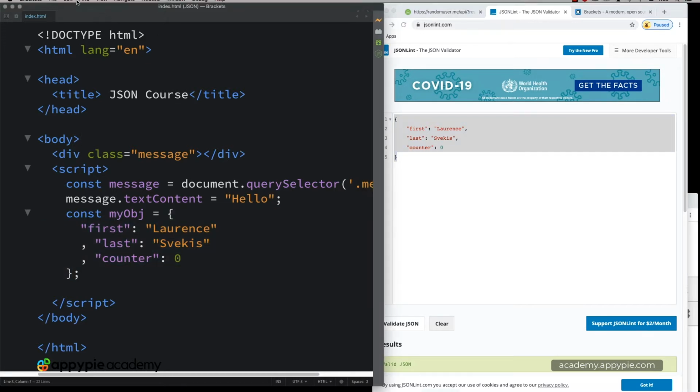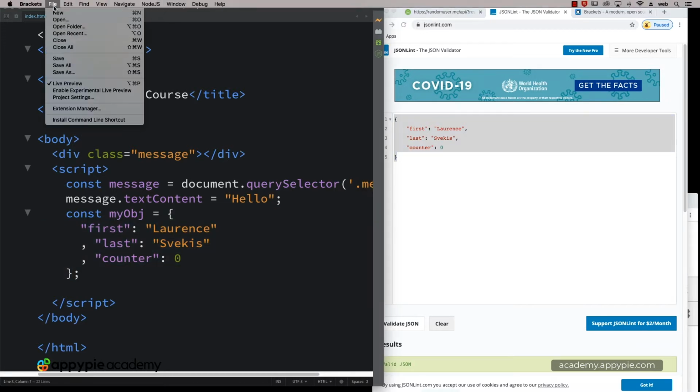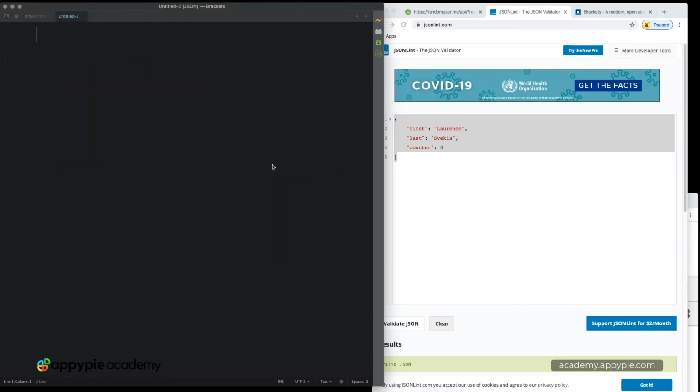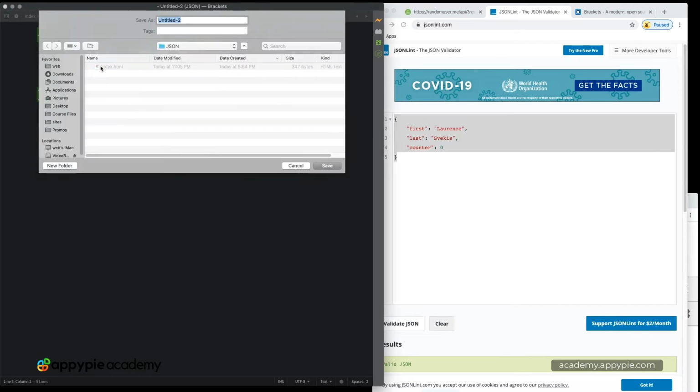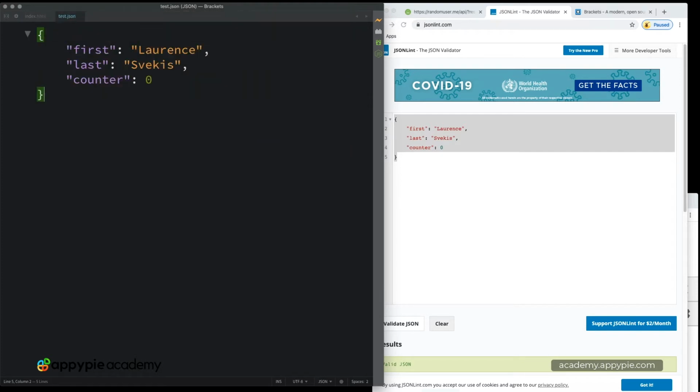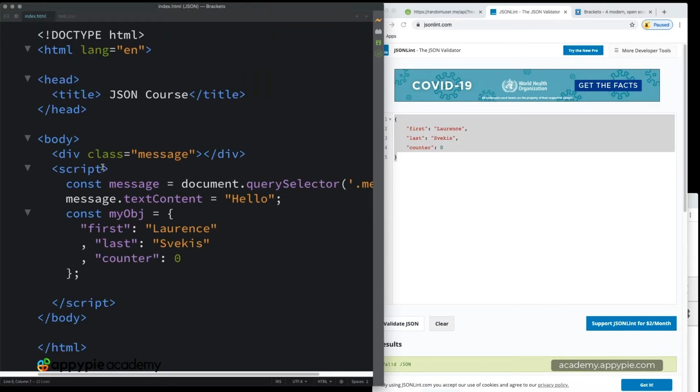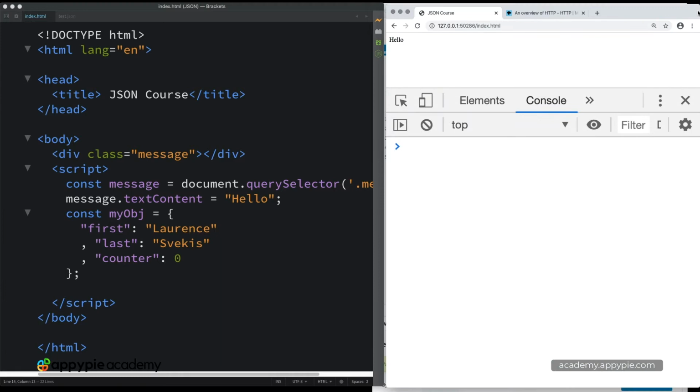So creating a new file, go to New, and then we're going to just paste the JSON object in there, save, and save this as JSON, or we'll call it test JSON. So giving it the extension of JSON. And so now what we want to do is use that data object and pull it